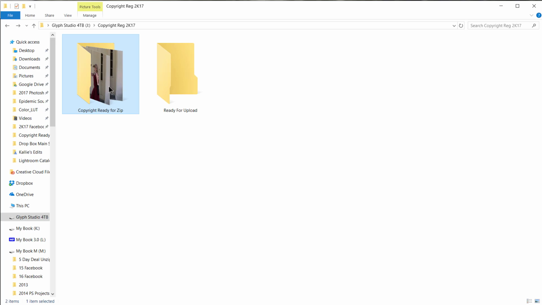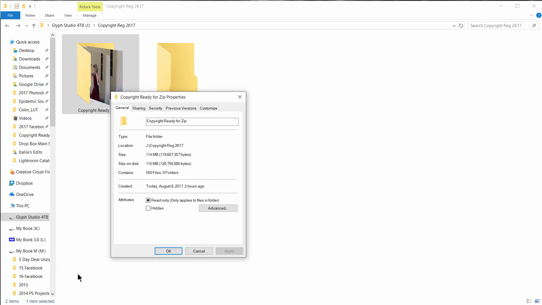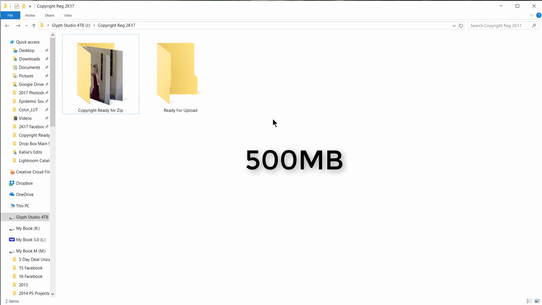size is, how much this whole folder is. So just go to your properties. I know everybody's system's a little bit different, and it tells me the size on disk here is 115 megabytes. The United States Copyright Office's website lets you upload 500 megabytes at one time. So I can still add to this folder, and I will, but for all intent purposes, if I was ready